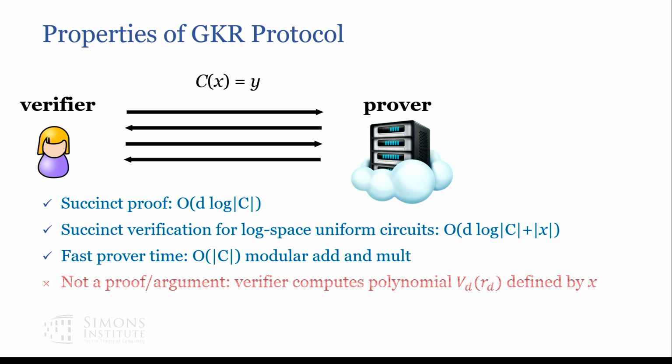But it's actually not quite a proof or an argument system. It does not allow the prover to have a witness. You see, this model looks a little bit different from